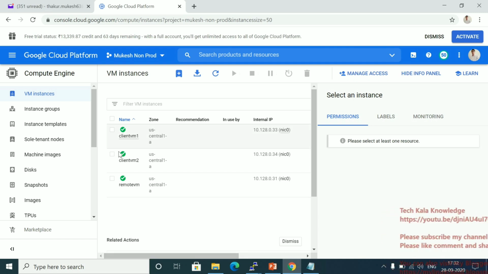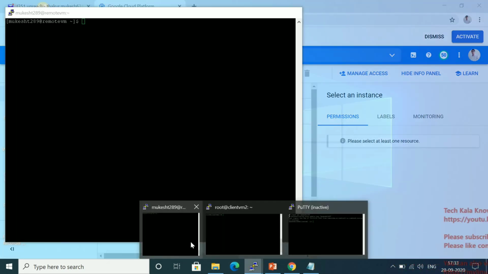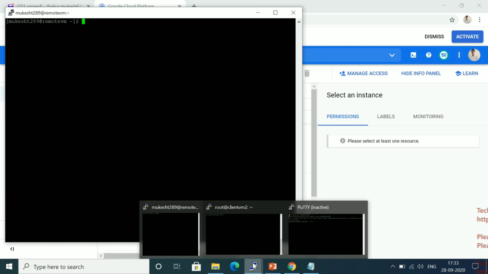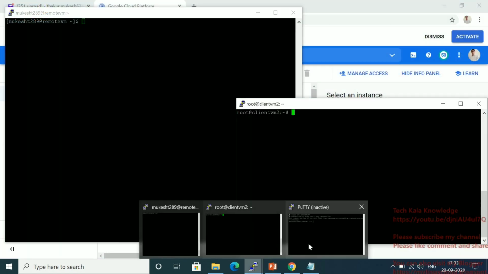So this is my Ansible lab setup. You can see I have created the Ansible lab on my GCP, Google Cloud. How to set up the Ansible lab, that video I already uploaded to my YouTube channel, and I will give that video in the description. If you need it, you can go and watch it and set up your Ansible lab. Okay, so these are the servers. This is my Ansible server, and these are the client servers. I have already logged into these servers. This is my Ansible server, and this is my client server.